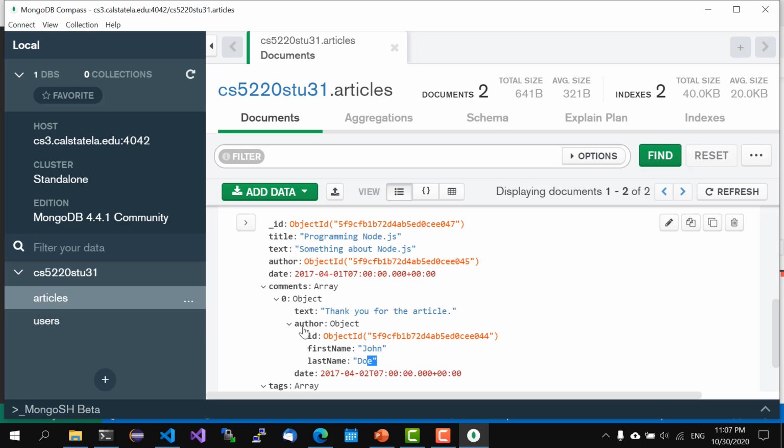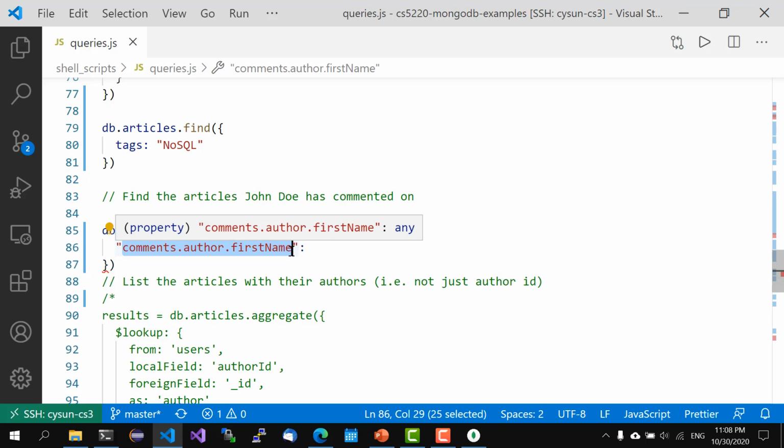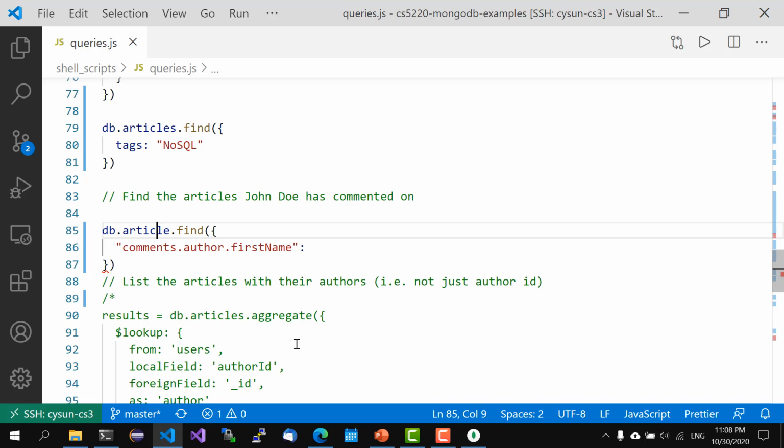That's a field name, and then it will say dot first name. So just like in Java expression language or many other types of expression languages, you can access a subdocument or a property using property.property.property. So this is specifying the first name field of the orders field of the comments field of the article. So this one should be John,